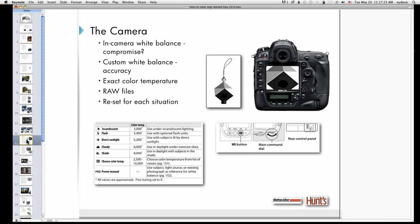Now you can also use the spider cube. You can fill the frame, and you can actually do a custom white balance in your camera. I'm sure that some of you are already asking, why would I want to do a custom white balance in a camera? Here's the deal. If you set the camera on auto white balance, and I never recommend this, even if you're shooting raw, every photograph is going to have a slightly different white balance to it,